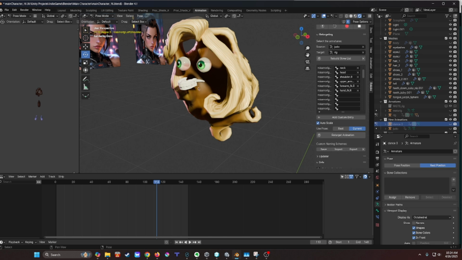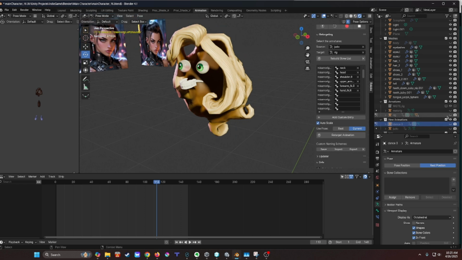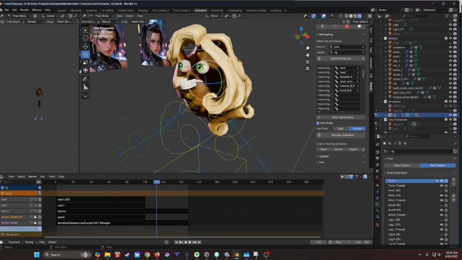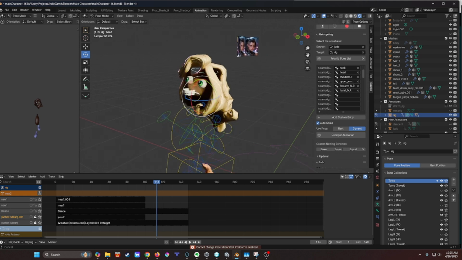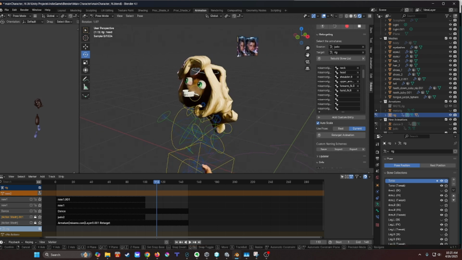For some reason, when I retargeted the animation and moved the rig around, the teeth weren't moving with the head. They were kind of off. See how the eyes move together? They were kind of moving not in time, so I had to get a